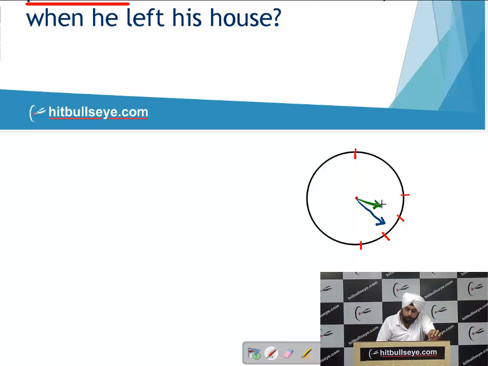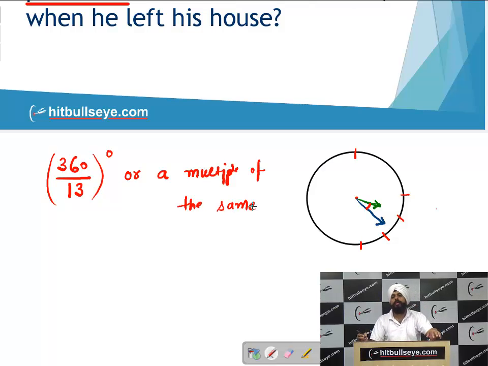Yes. Now, more importantly, the point where you have to focus here is basically the angle between the two hands which is made at this time. Now students, this angle being very, very important, for the first timers, I am going to tell you to remember it forever, that whenever the hands interchange their positions, the angle between the two hands is 360 by 13 degrees. Or it could be a multiple of the same. Now students, we know we have to answer this question, how many minutes past 3 he goes.